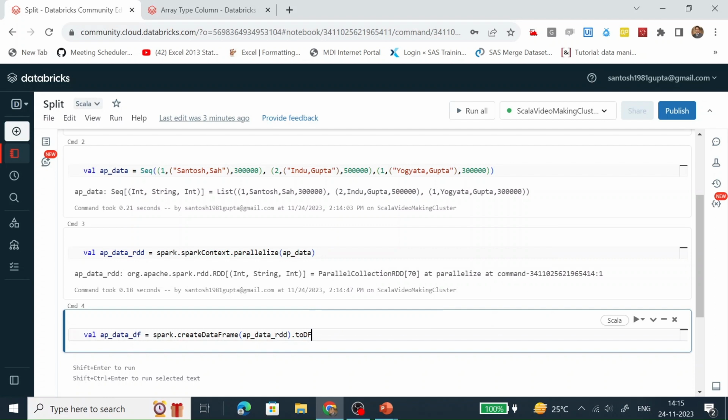So with the toDF function, again it's creating the data frame, and here we are passing all the names of the columns: AP ID, AP full name, and third is salary.